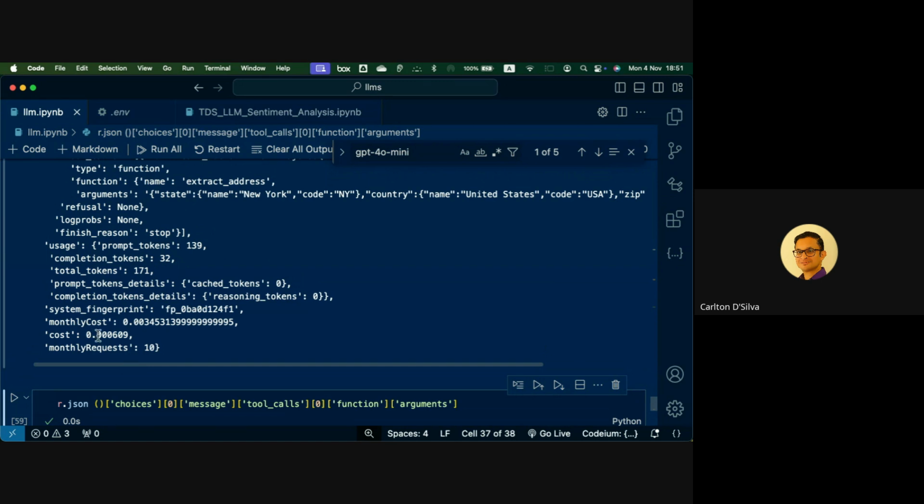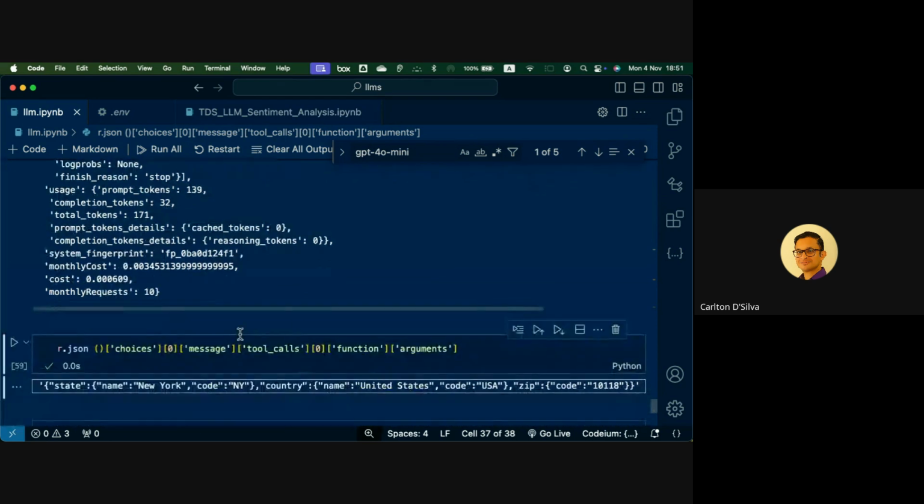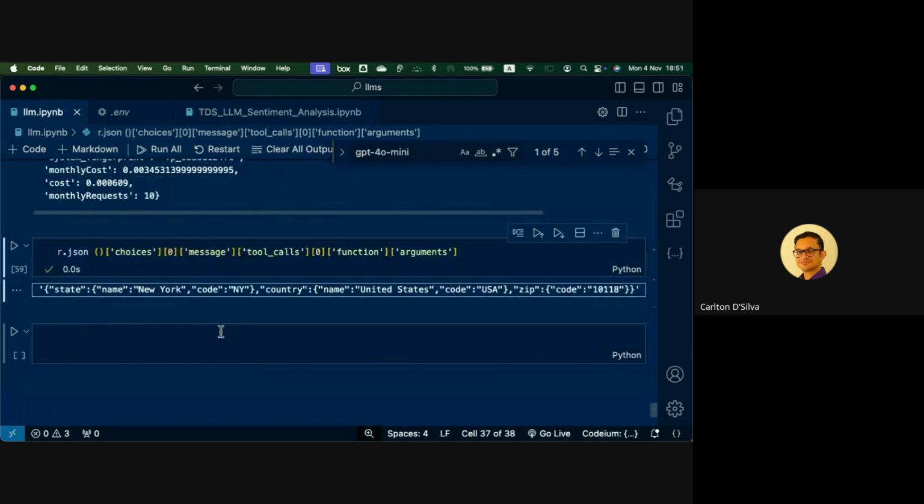So this cost us 6/10,000th of a dollar. That's how much it cost us to do this extraction. I don't know if you're impressed with that or not, but that's a small example of what can be achieved by using LLMs properly, using the API.